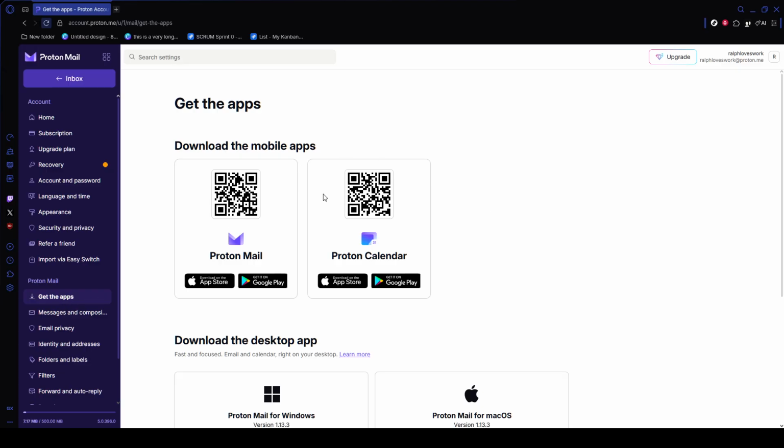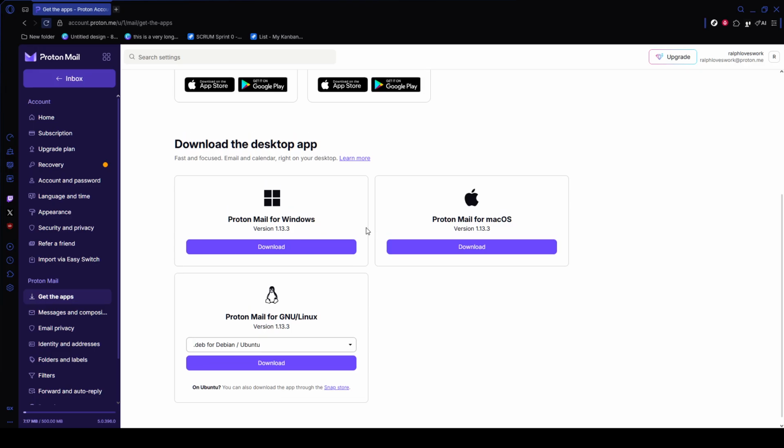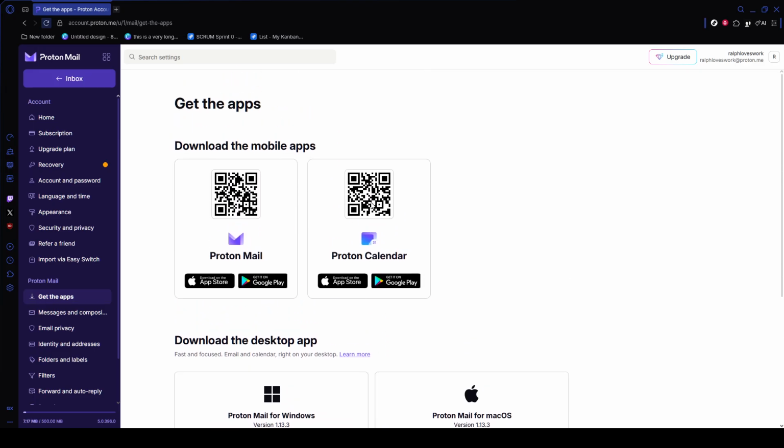You may see a certificate warning because the Bridge server is running locally on your machine. If that happens, accept or trust the certificate so the client can complete the